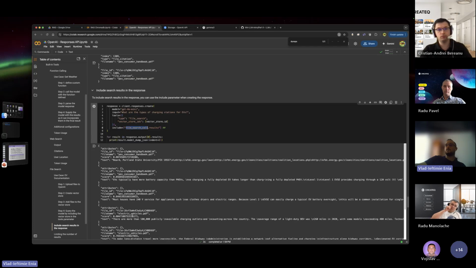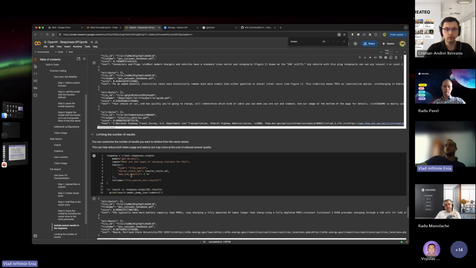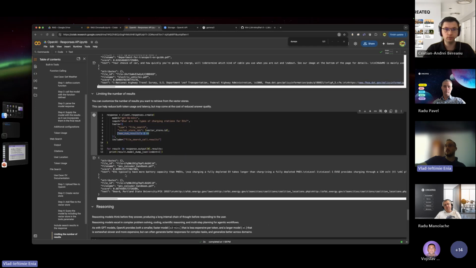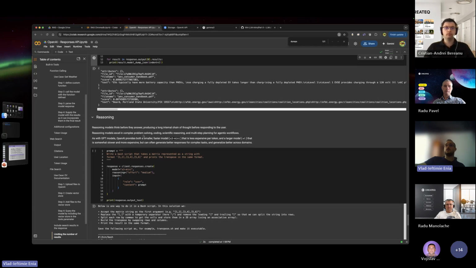So the first candidates are the most similar ones, and like I said, we can limit the number of results here in the tools list, in the maximum results parameter. Here we have only two results, and therefore only 2 citations, and so on and so forth. Okay,